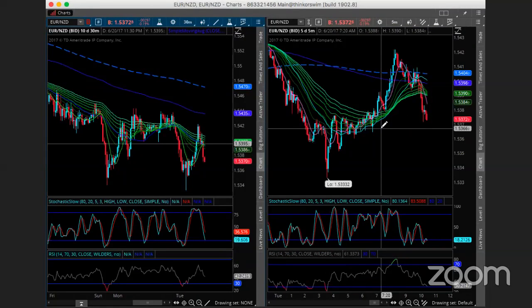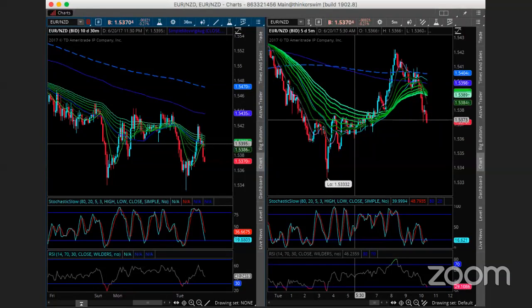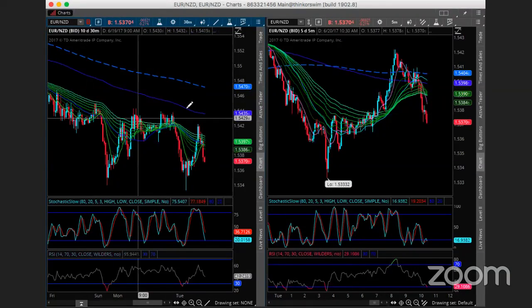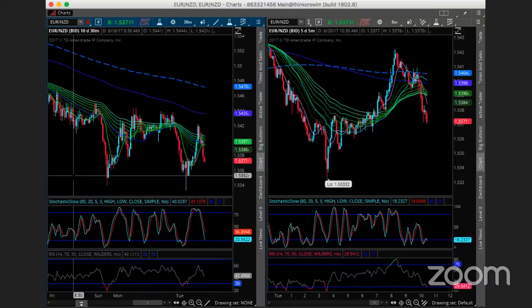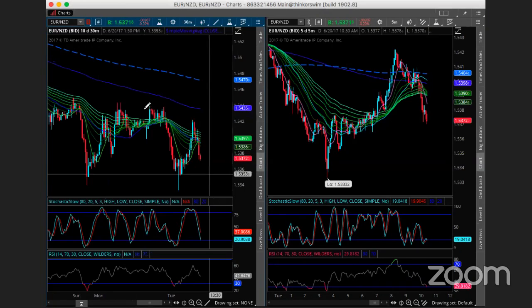Anyway, so best trade of the morning with Euro Kiwi. And so here I have this on both screens. So here's the 30-minute. And what I like about this trade is that it's a good representation of